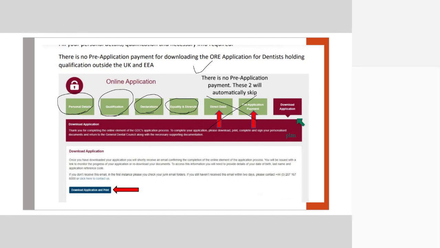Once you have done this, you can download the application. This application would already have your personal details, that is your name and everything. So it will be a personalized application form for you. So you have to download the application form and print all the pages. Please make sure that you print all the pages, or you download it and keep it and then fill it and then print it. So there are basically two ways to fill this